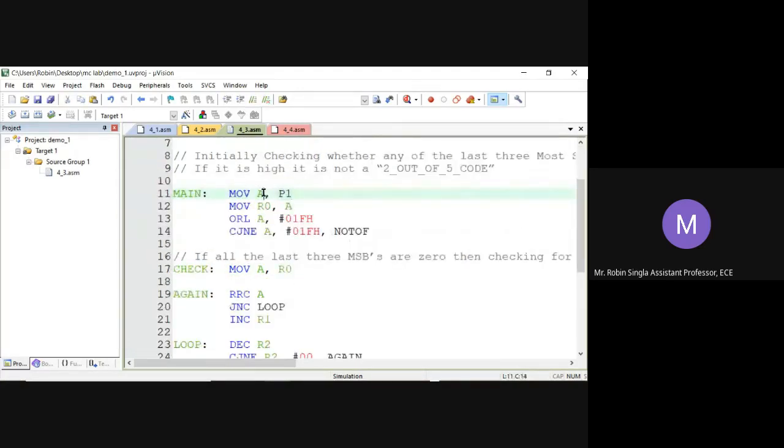We'll move the number to accumulator A, and for future use we will save it to R0. Now we'll do an OR logic operation of A with 01FH. What is 01FH? Starting from the LSB, 1 1 1 1 1, and then in the MSBs it is 0 0 0.